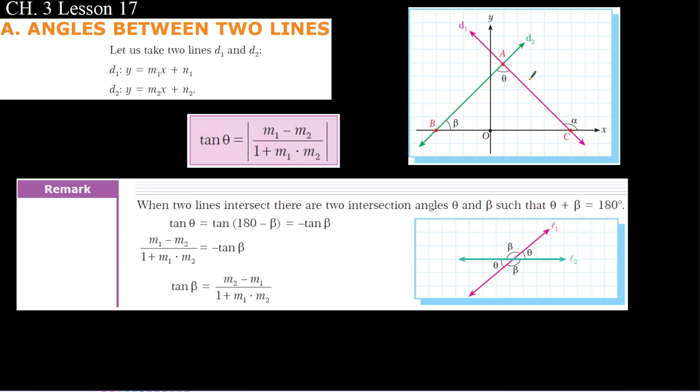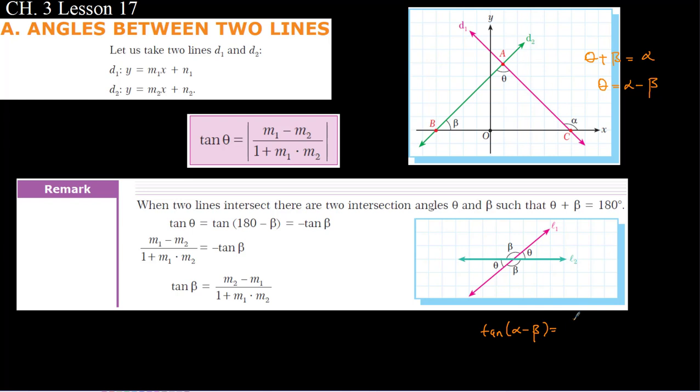Here this angle is theta, where theta plus beta should be equal to alpha. This is the sum of two interior angles equals the non-adjacent exterior angle. So theta should be equal to alpha minus beta. This is the formula. And when we apply this formula for the tangent, tangent of alpha minus beta should